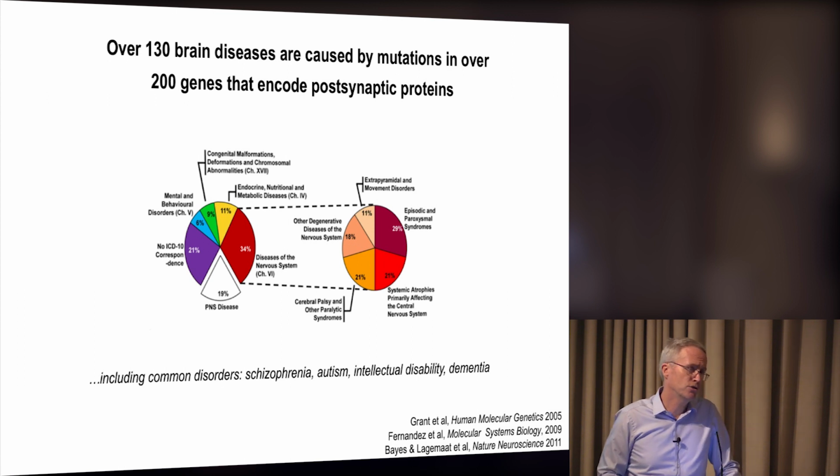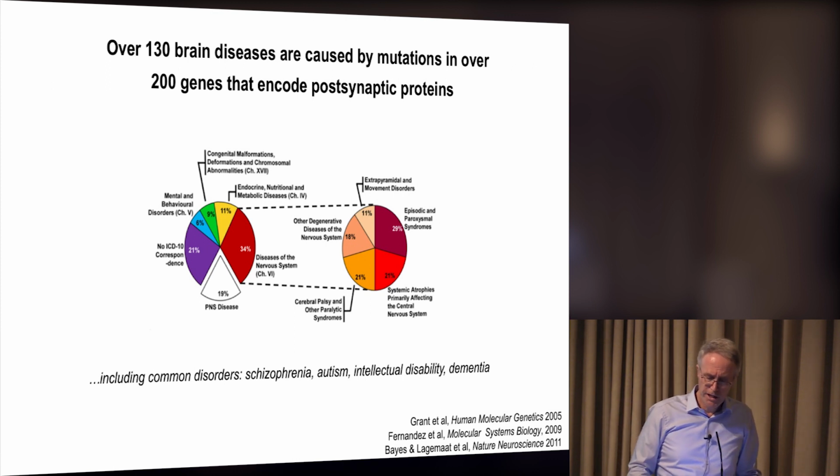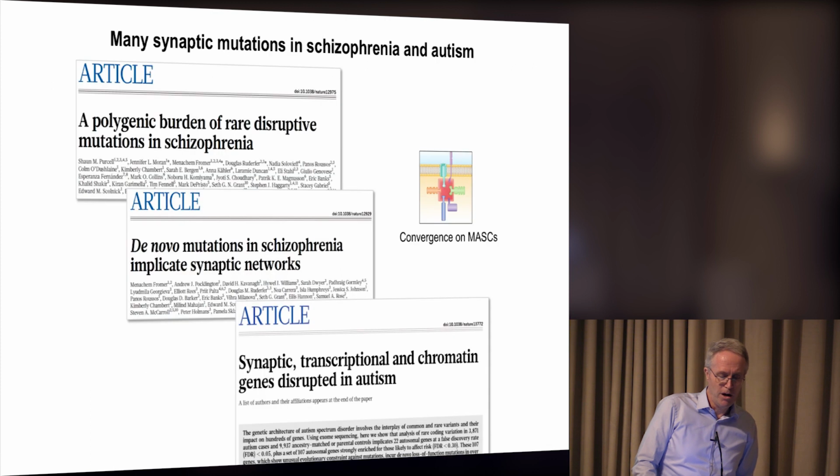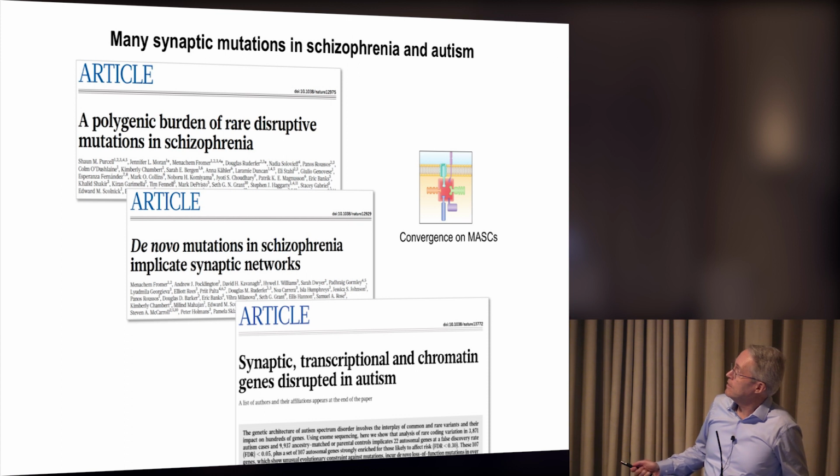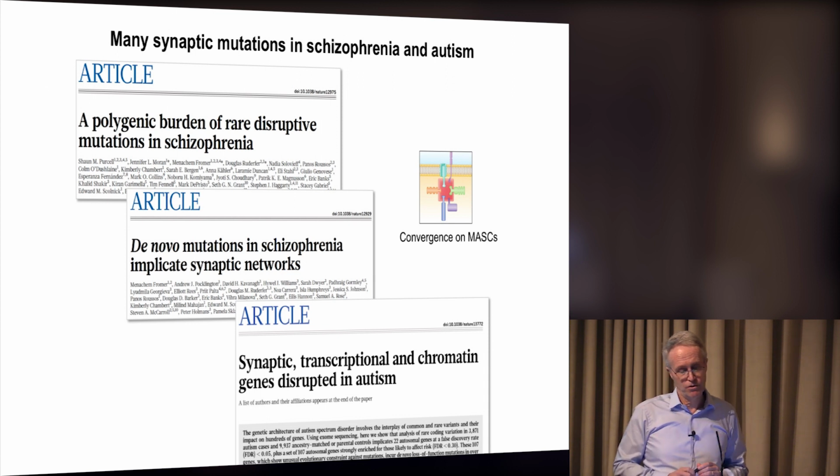So I think it's true to say that at this time, those postsynaptic proteins carry more of a burden of disease in the nervous system than any other set of proteins that we presently know. Now, one of the most puzzling aspects of this, in my view, is the question of schizophrenia. In a number of papers, including these ones here, in which we were involved, they used our molecular data sets to find that there was an increased burden of mutations associated with schizophrenia in these postsynaptic proteins. And that leads me on to talk about something which I consider to be a really terrific